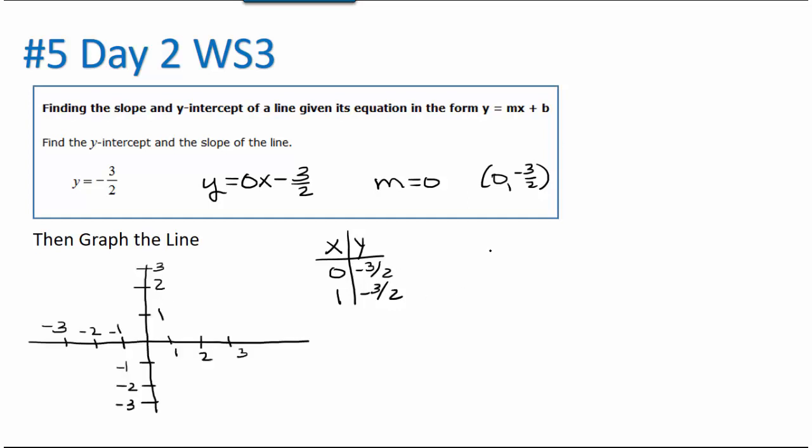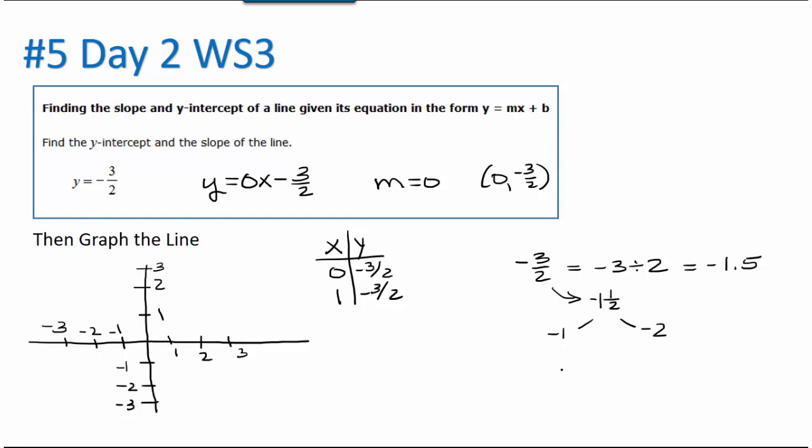Okay, so to plot these 2 points, we need to understand this negative 3/2. Remember, negative 3/2 means the same thing as negative 3 divided by 2. So if you get confused about this, go ahead and divide it out on your calculator. You're going to see this is negative 1.5. Or you could use the technique of writing the improper fraction as a mixed number. 2 goes into 3 one time with 1 left over,